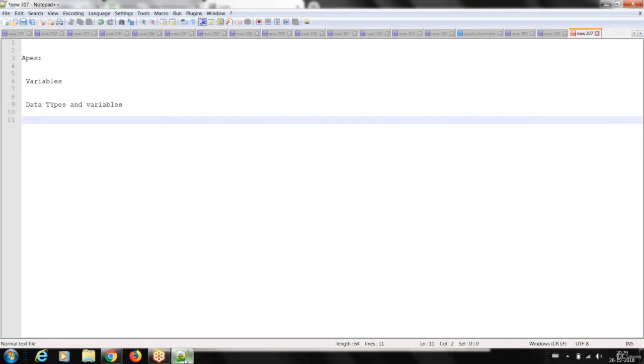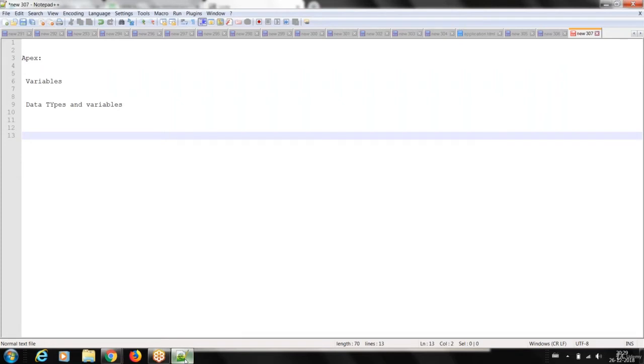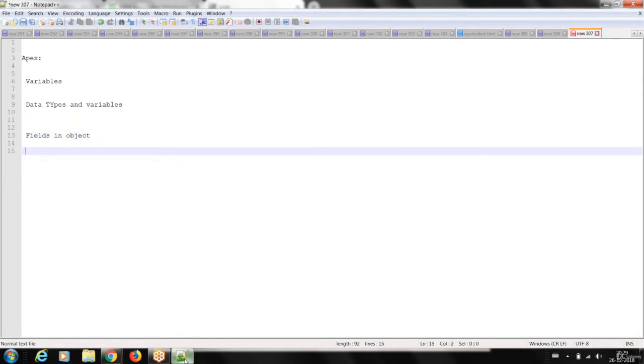When I say data type and variable, if you remember, anytime you have created a field, as you know from Salesforce admin, you have created fields in an object, correct? When you create a field, what do we do first? We define what type of data it's going to save, maybe text, picklist, checkbox, currency, any type. So first we define the field type, which we call data type. In Salesforce, we have different types of data types provided. Some data types are already provided by Salesforce, and we can even create our own data types. We will see all the data types we have right now.